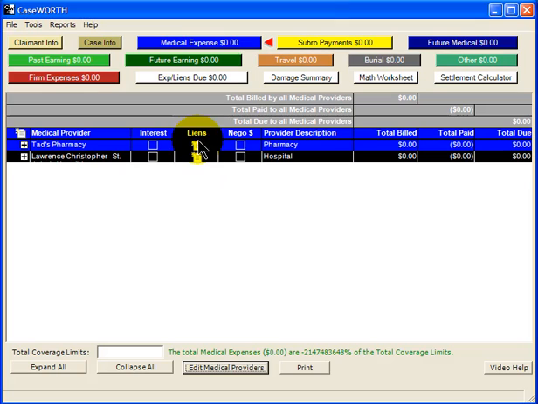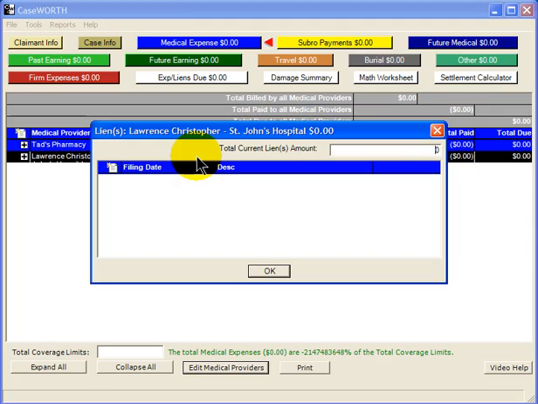You also have a place to put in medical provider liens. Say Lawrence Christopher filed a lien against the settlement on this case. This is the add button, so you can add a lien in this liens column by simply clicking the add button and putting in the amount of the lien, say $2,500. You can also, with the add button next to the lien lines here, you can hit the add button and say that on